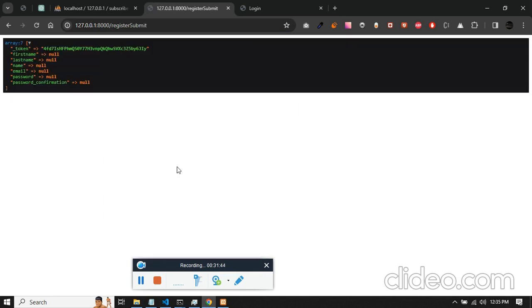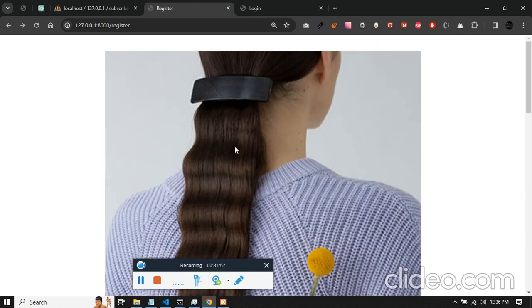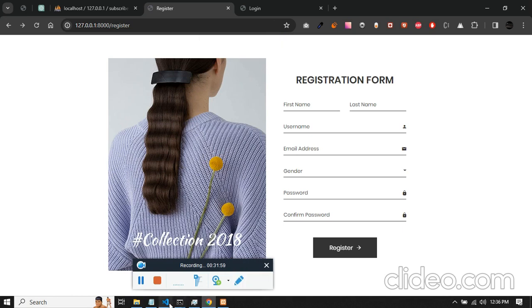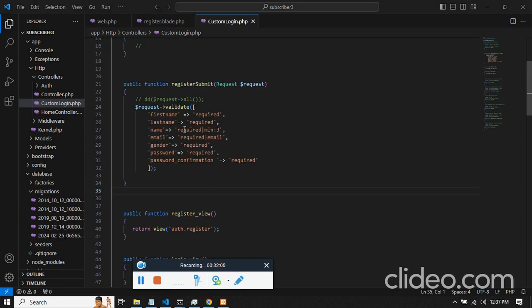Click on register. You see all the values of your input field: first name, last name, name, email, password, and confirm password. But the thing is, all of them are blank. So let's just stop this by sending the blank URL. In that case, we'll be having a validate function, and now you will see